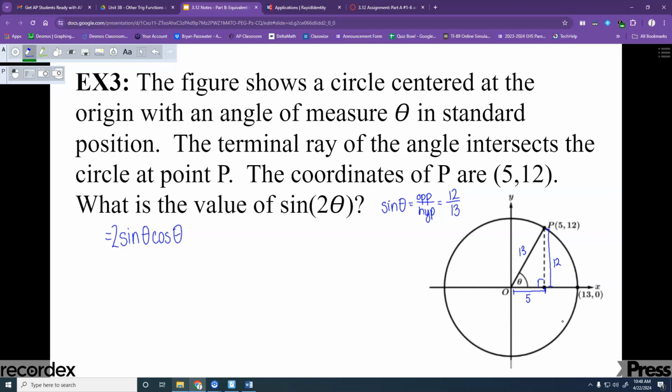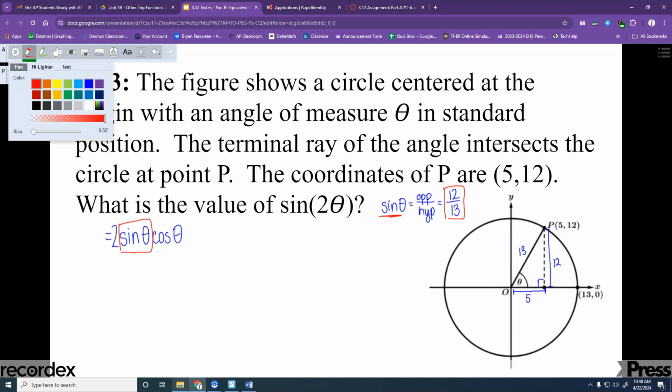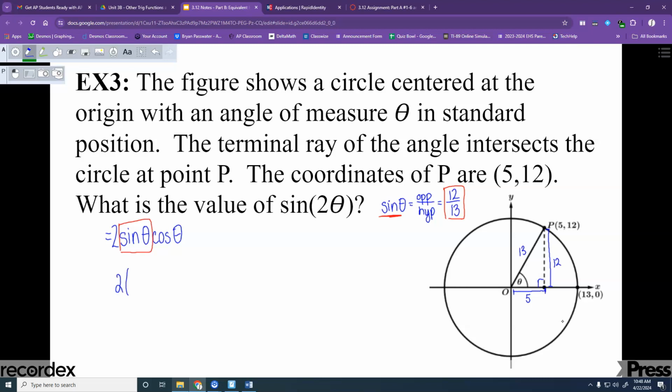So, sine of theta, which is what we need here, right, equals 12 over 13. The whole thing, not just the angle, the whole expression, sine theta is 12 over 13. So we can plug in 12 over 13 here. And then,